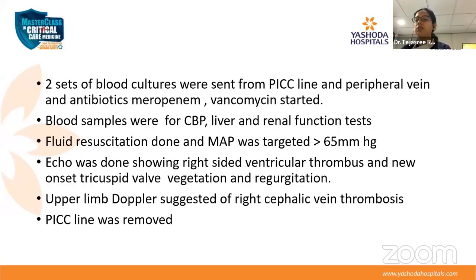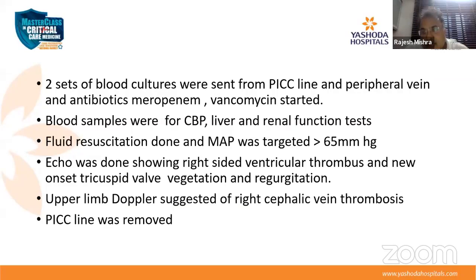IV drug users, sir. Pulmonary artery catheters. IV drug users, common. Yeah, because that's one thing. So whenever people take multiple injections, particularly, what happens? There is an infective septic thrombus which is infected. It gets stuck to the right-sided tricuspid valve of the ventricle, and a thrombus is formed, and that becomes the source of the